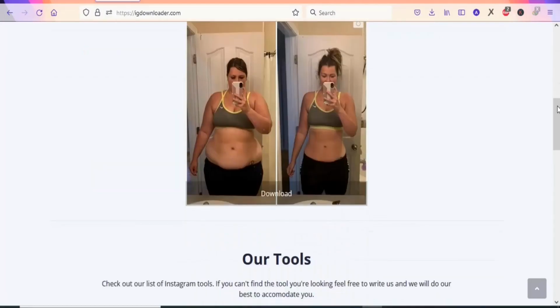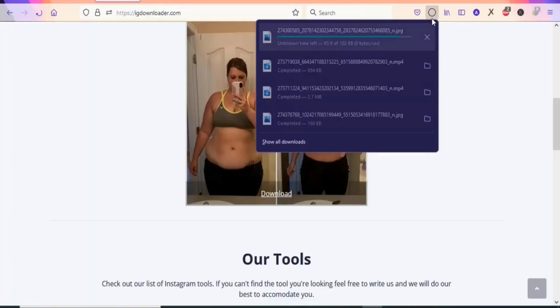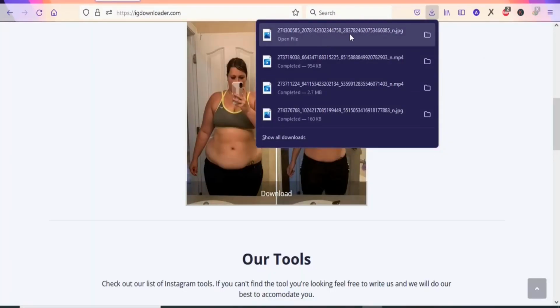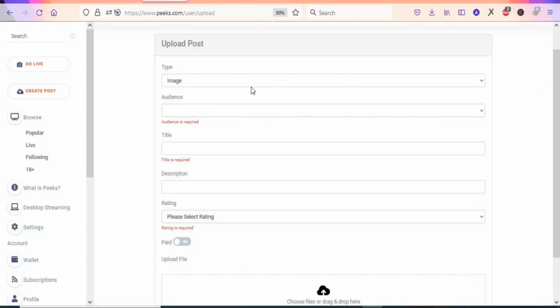As you can see right here, you are going to just click on download and the image is going to be saved onto your PC. As you can see right here, it is downloaded and the download is complete. So the next thing is that we are going to come back to the social media platform,